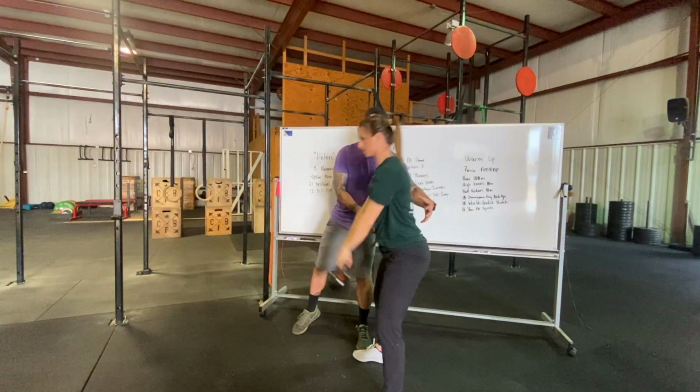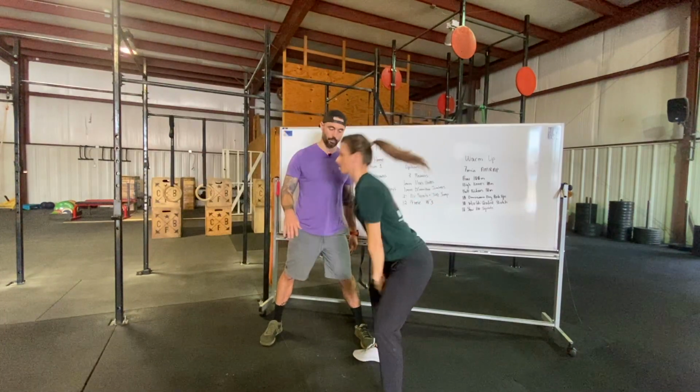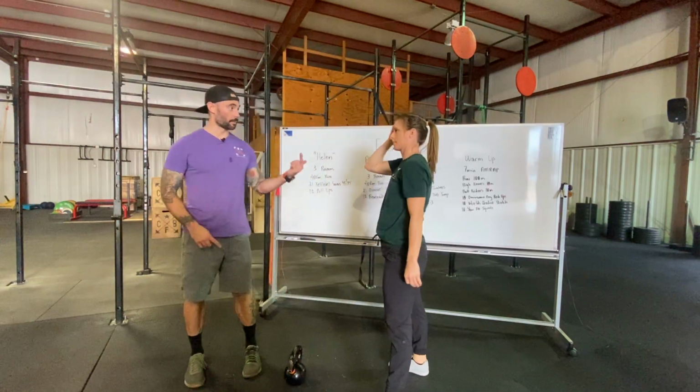Her core is remaining tight here, so she's not leaning back far. And on the way down, she's pressing the bell with her lats. Okay? She sets it down just how she gets up. If she were to do a couple facing the camera,